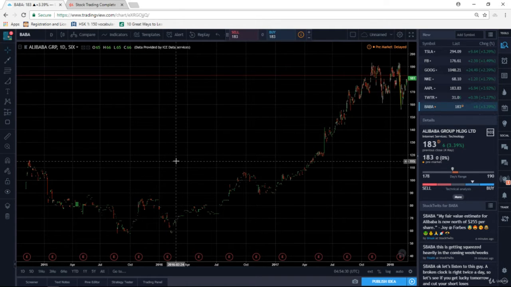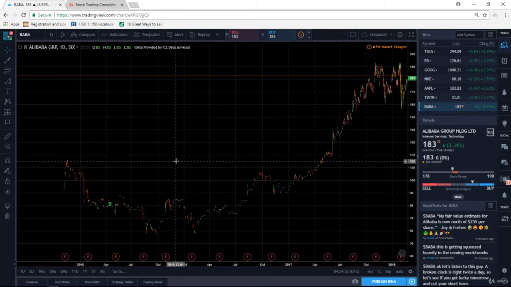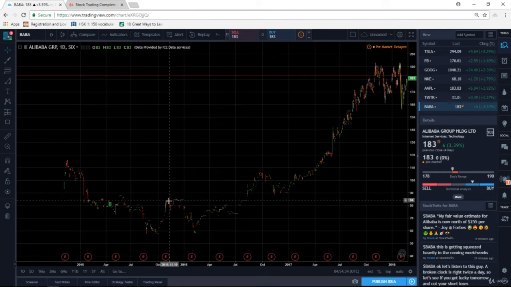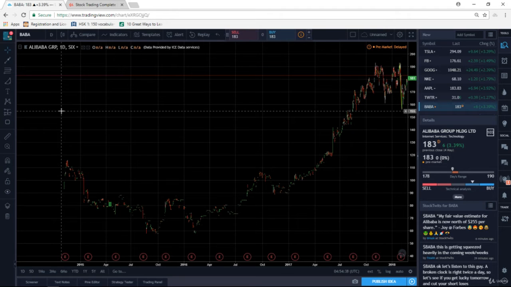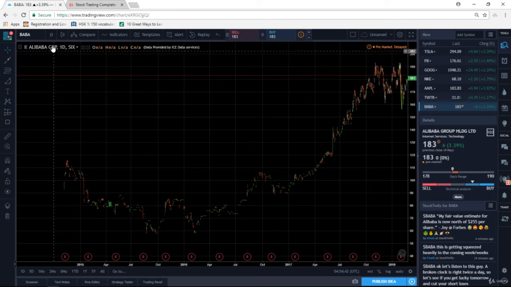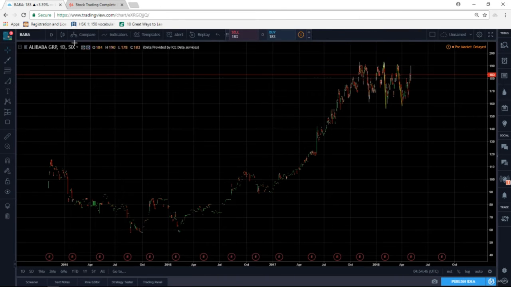For example, this Alibaba Group has no clear patterns unless you make it a weekly chart. All right, make it a weekly chart. This is something you don't want to see when you're doing analysis. This is actually not a very good stock, but